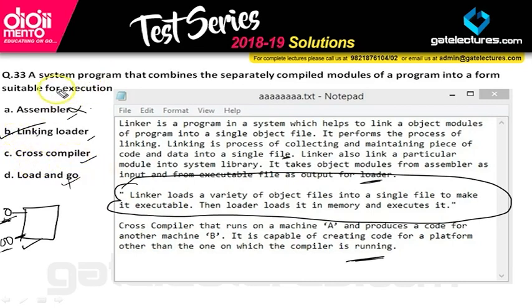So here in the 33rd question, the answer is B, linker and loader. Always remember, linking and loading are both done in just a single phase because their work is so combined. Linking will take all the files and merge them into one, and then the loader will store it into memory and finally execute it. Okay, and then pass to the next phase of the compiler. You can make a note of this.